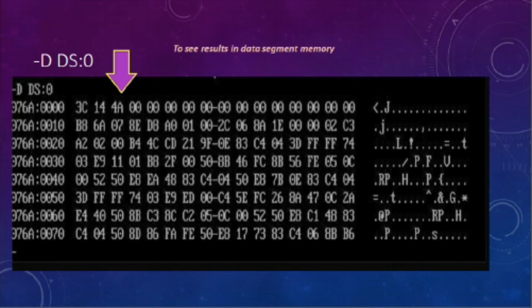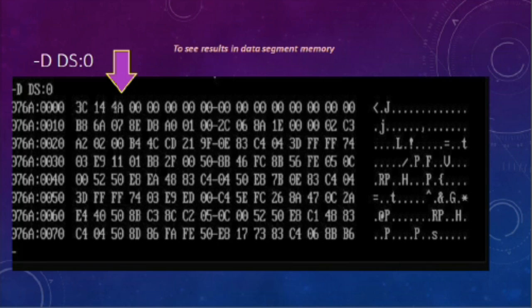So we type d ds:0, that is d space ds:0. When we type this, we get this whole message. See here, the purple arrow mark indicates 4a. The result of our whole program is 4a.